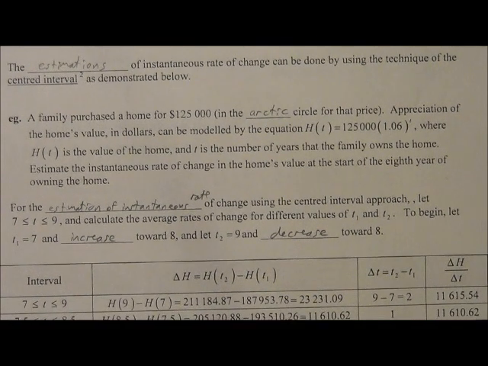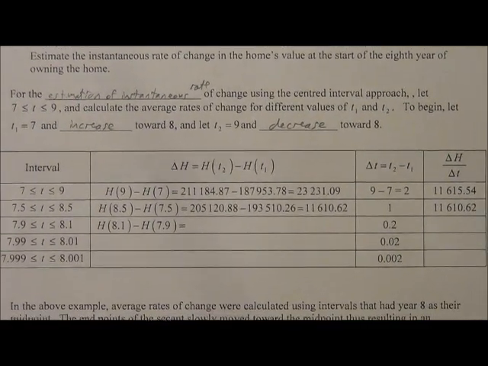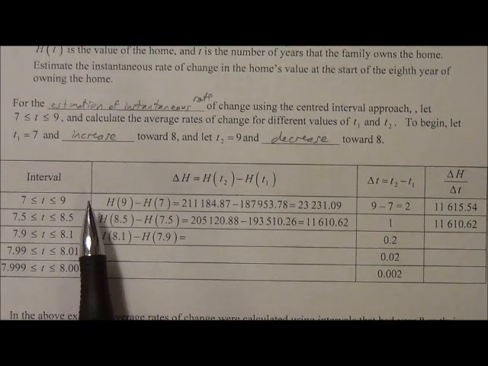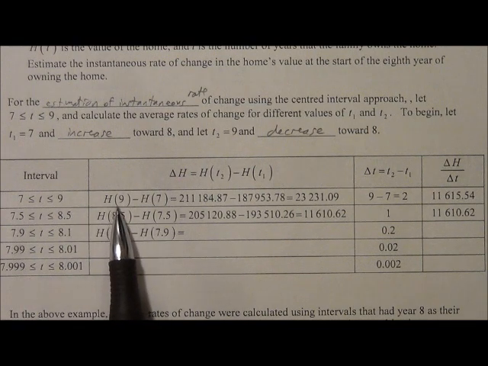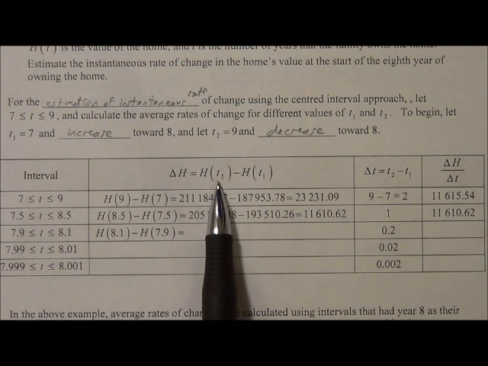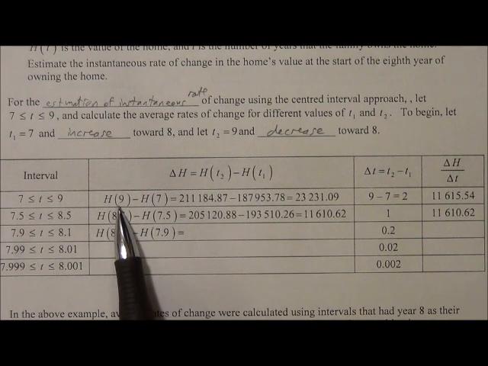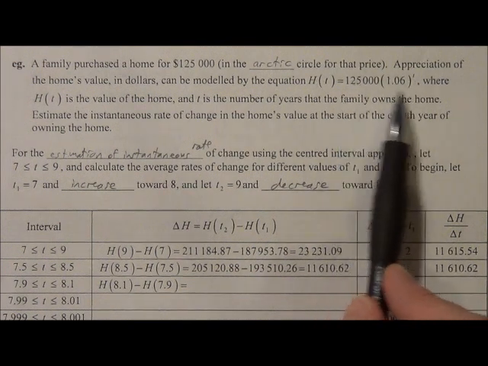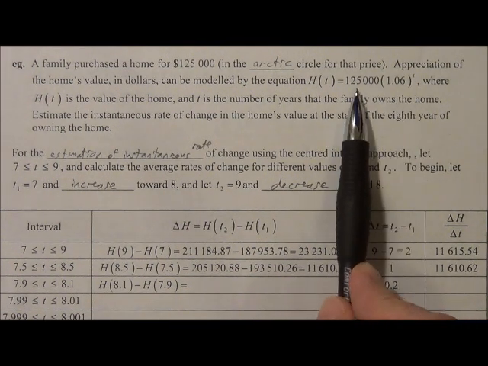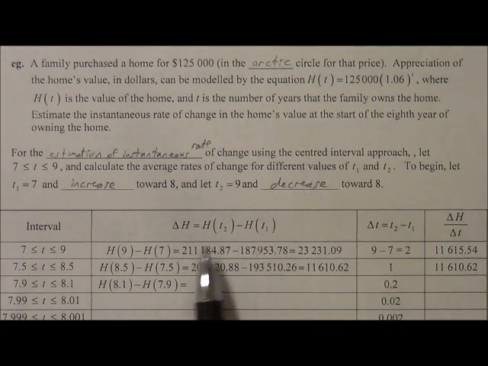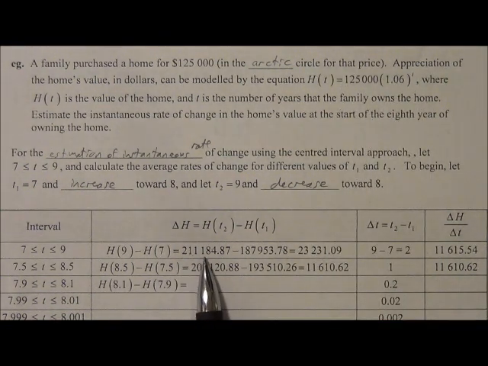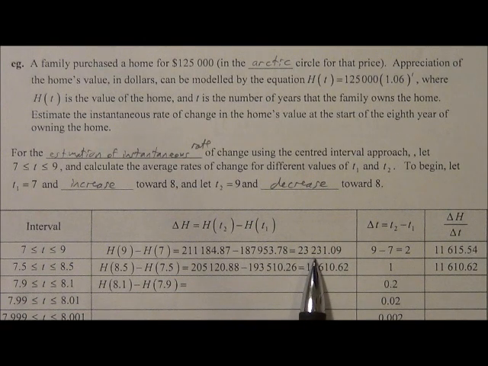Okay, so take a look at the table here. What I'd like you to do is follow this pattern and continue filling out the information here. So h of 9 is the t2. We're going to substitute that into the formula for h here and for t. Do that calculation. Remember to do the exponents first and then multiply by 125,000 afterwards. Then substitute in t1, which is 7, and plug that in. Do the calculation. Here we have the two values, then we're going to subtract them to get